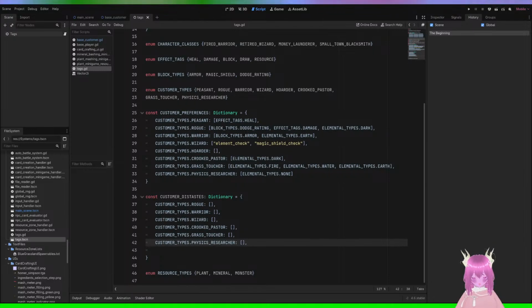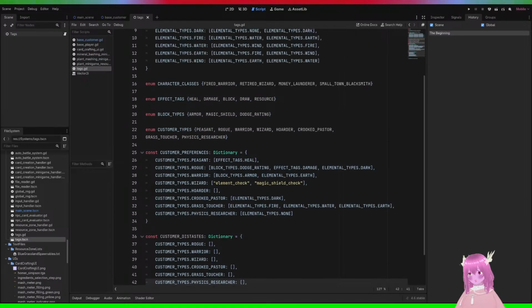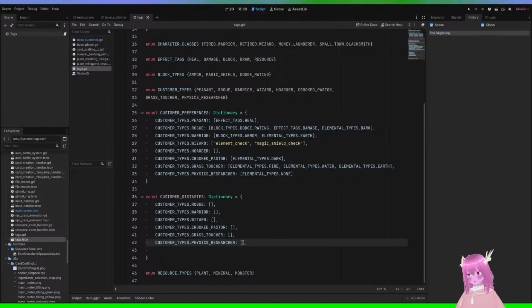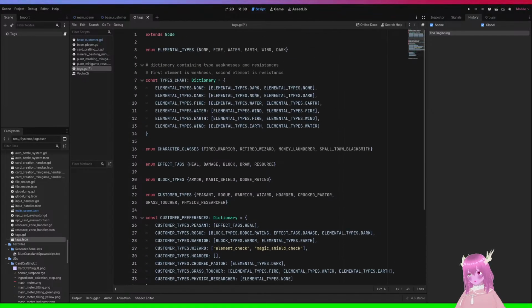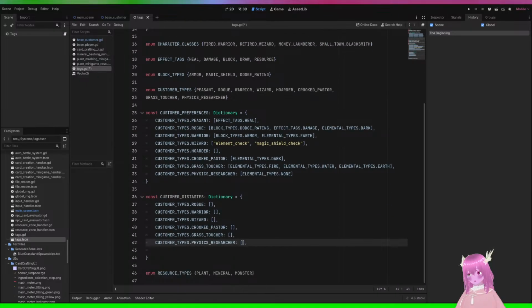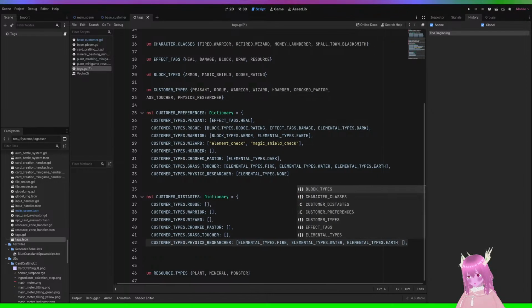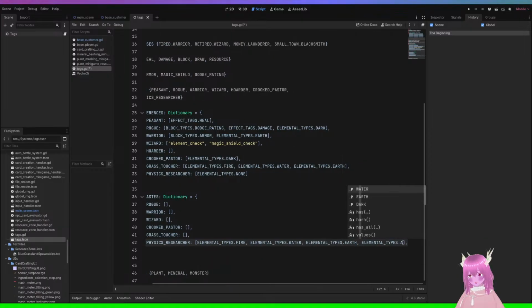So blatantly, I know what the physics researcher will dislike. He will dislike any moment that there is an effect. Wait, no, hold on. He will dislike all the elemental types, including air.